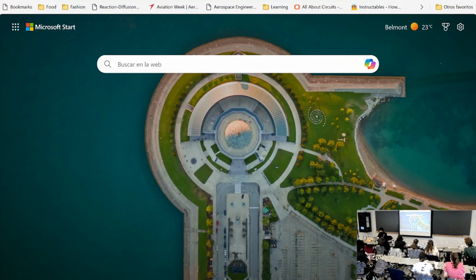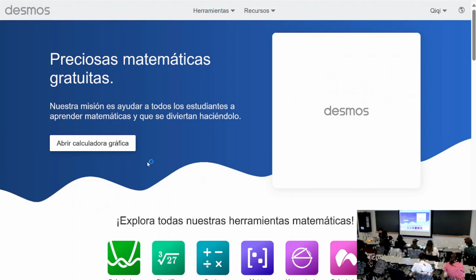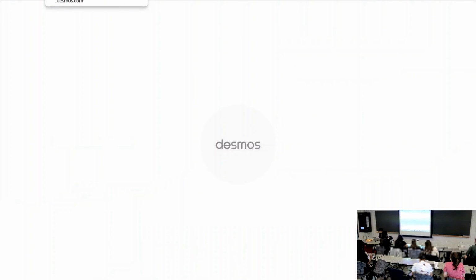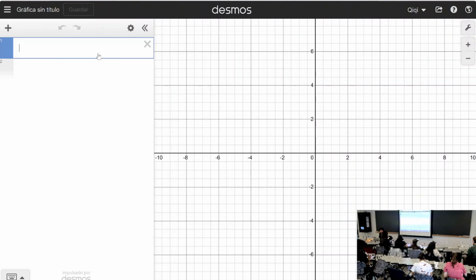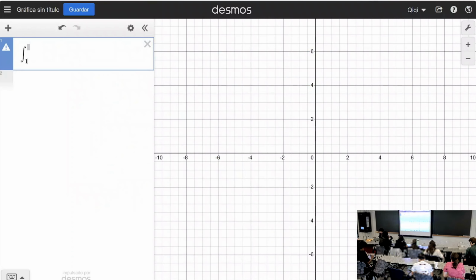So basically, how does the mass flow per unit area change with Mach number? Let me go to Desmos and do the integration for you. This integral has an analytical solution, but it's a little too complicated to do in class, so I'm just going to use Desmos and integrate it for you. The integral is going to go to infinity as M goes to 0. So instead of integrating from M equal to 0, I'm going to start integrating from M equal to 1, so 1 to x,